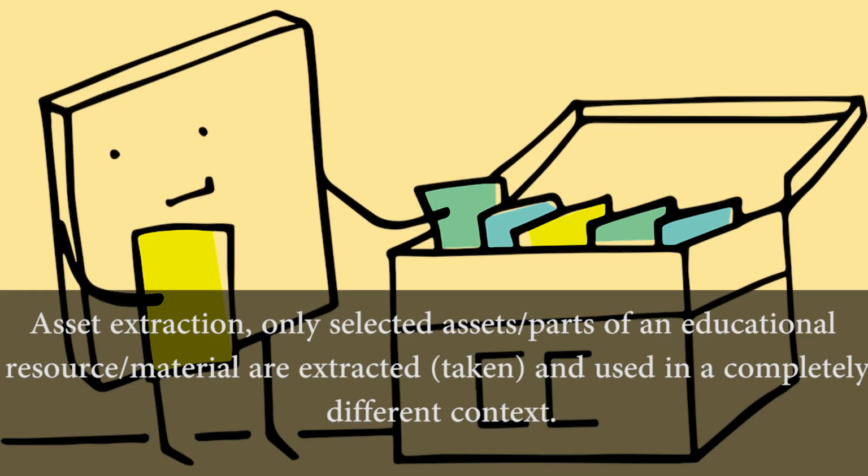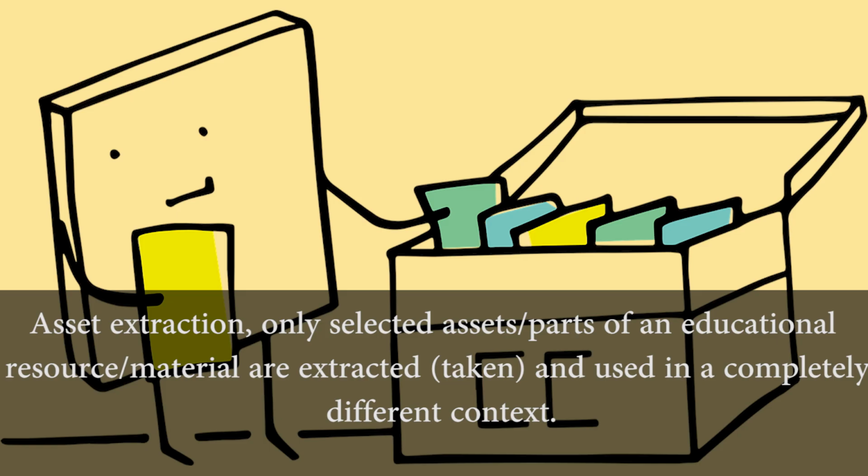So, when you are using a PowerPoint presentation in the 6th standard classroom, you will make some adaptations, some changes. Again, this is required if it is to be used in the 7th class or 7th standard. So, in multiple contexts, making different changes or revising the material. So, this is adaptation. The third way which Cole points out is asset extraction, which says only selected assets or parts